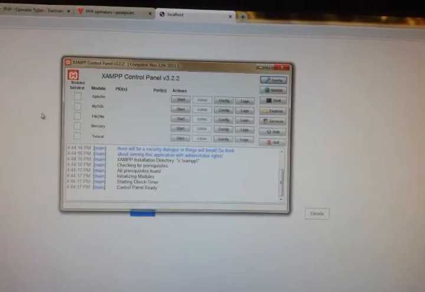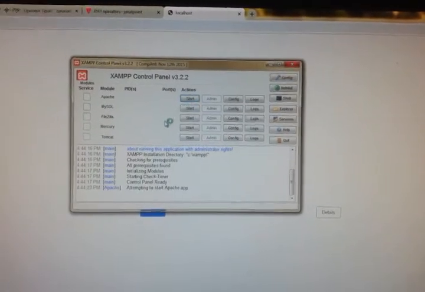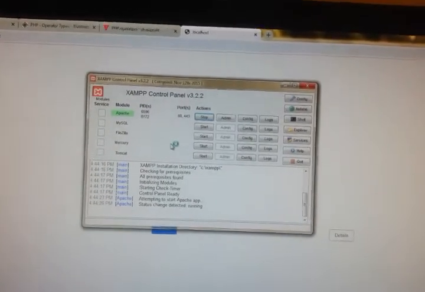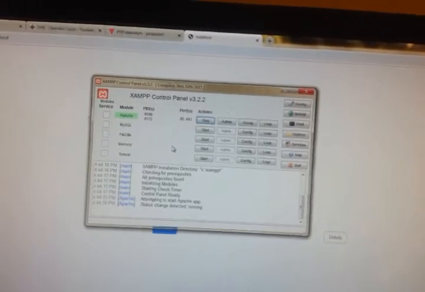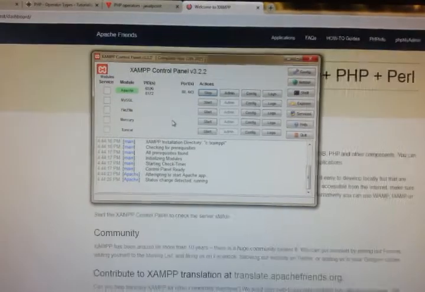This is XAMPP control panel where Apache service is not started. So I am starting my Apache. For this bitwise operator program, only Apache is enough. MySQL is not needed at this particular instance. So my Apache is running successfully.